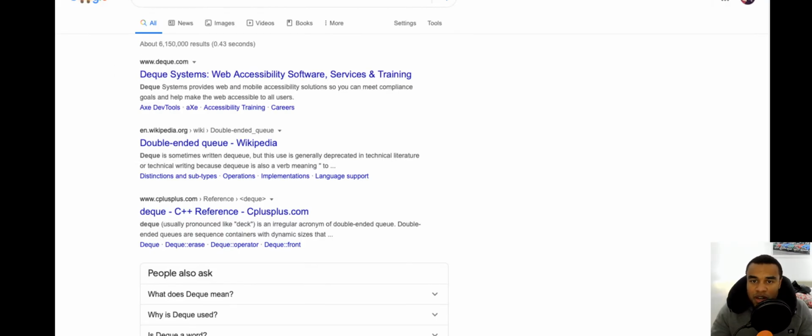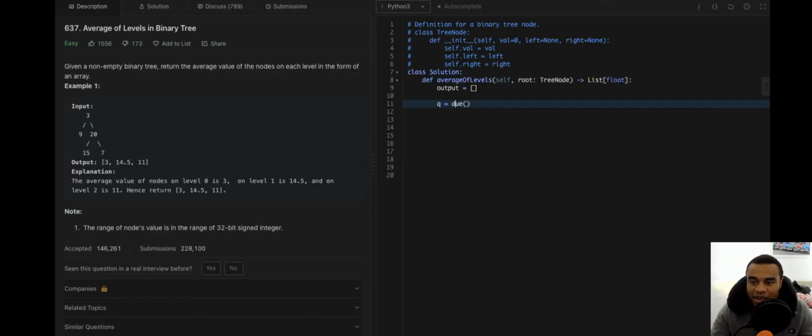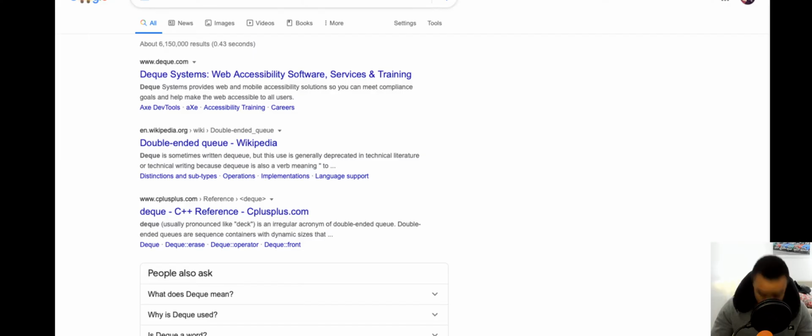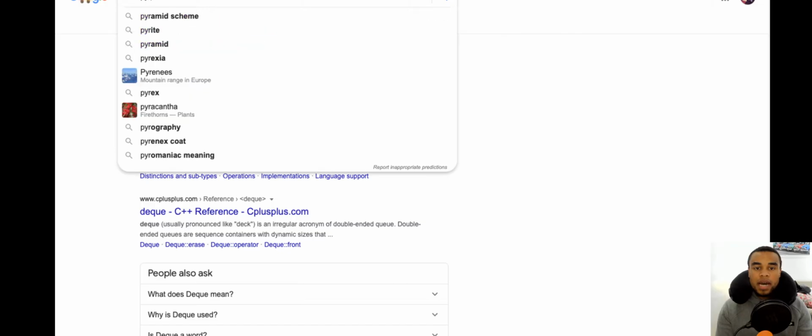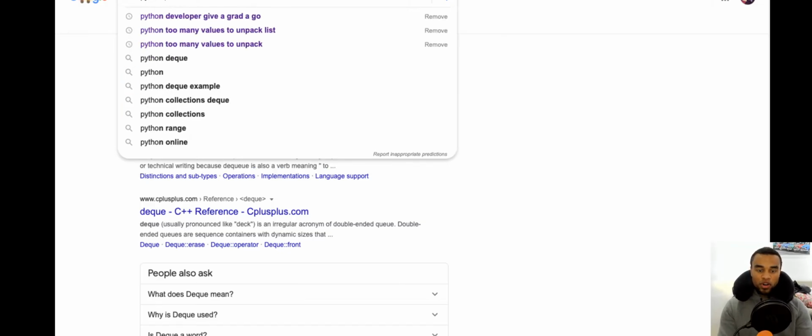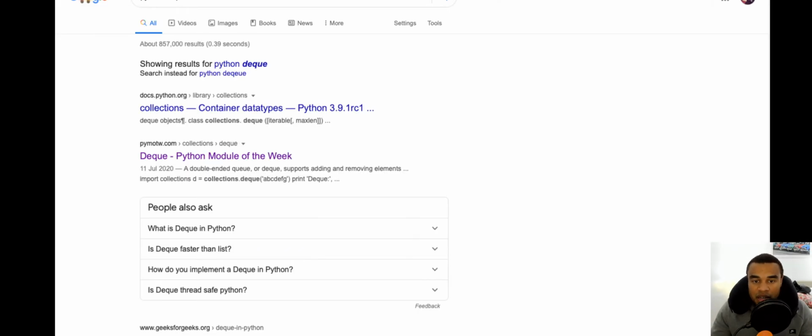I thought I searched some weird stuff. Anyway, deque. The fact it's not going blue makes me think it's not even noticing. Okay, whatever. I got Python deque. I'm not used to typing in this position. I also keep looking out of the keyboard because the mic's in the way. I keep thinking I'm pressing the wrong things.